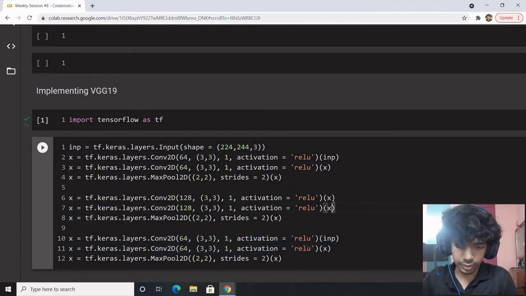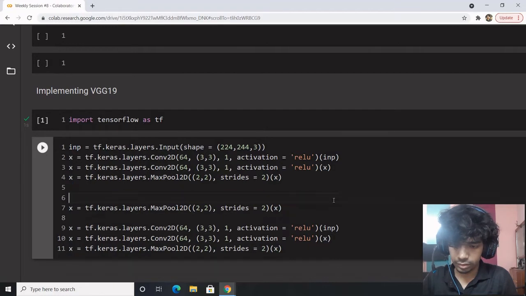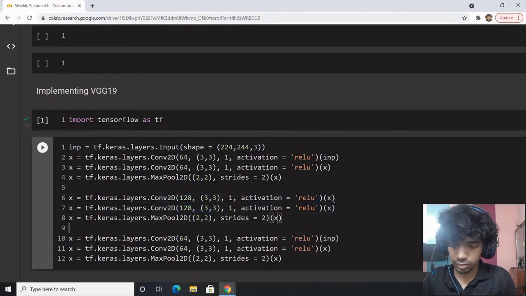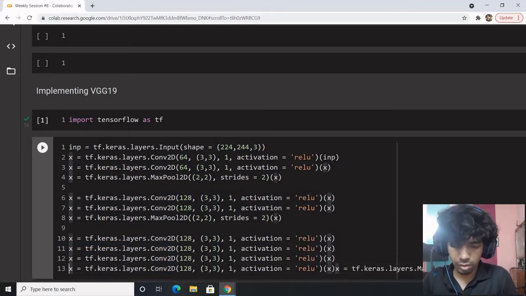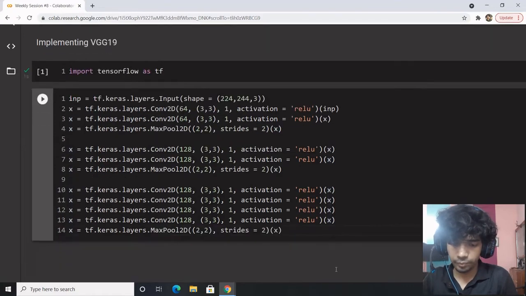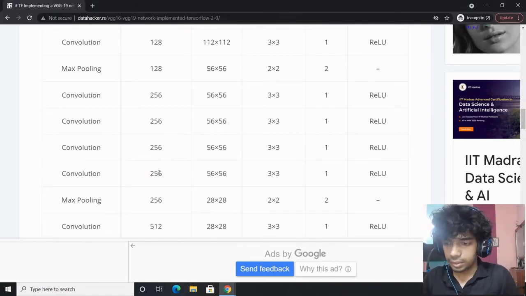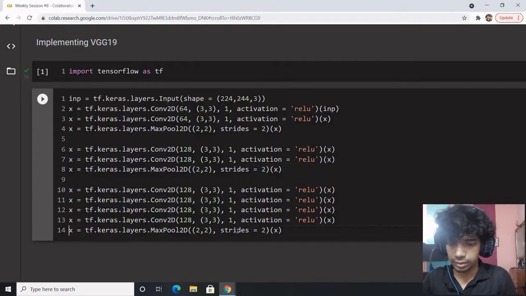Alright, here it would be x. This particular part will have 256 and 3 cross 3, everything remains the same. 256, 256, 256, 256, 3 cross 3, stride 1, everything remains the same.